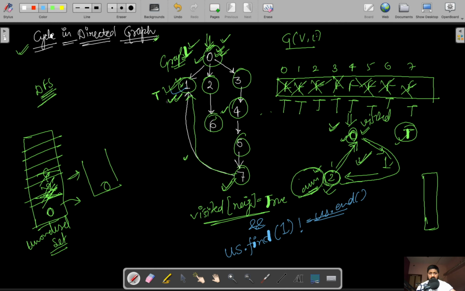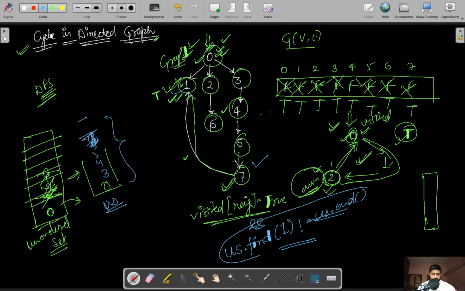As we can see, 1 is not present in this unordered set. The unordered set will contain 0, 3, 4, 5, 7, because we have explored till 7. Since 1 is not present in this unordered set, this will not create a cycle, because this condition is false.